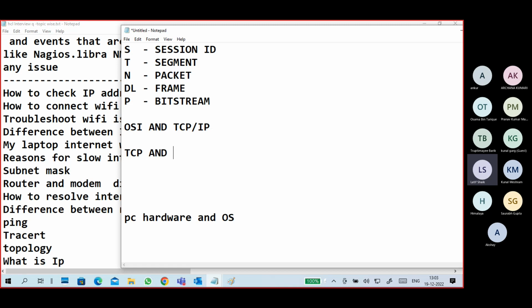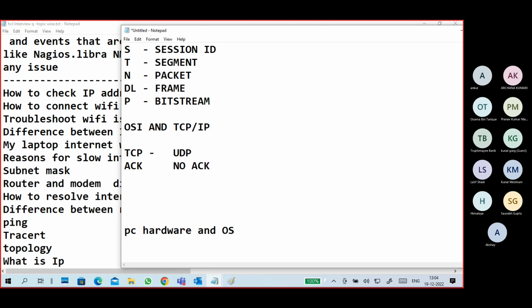TCP and UDP difference. TCP is acknowledgement based; UDP uses no acknowledgement. TCP type protocols use acknowledgement while sending a packet: source, destination, receive.